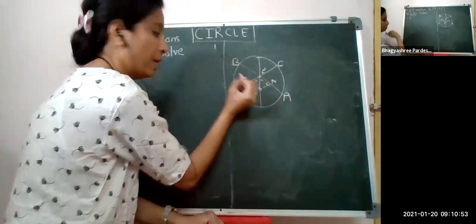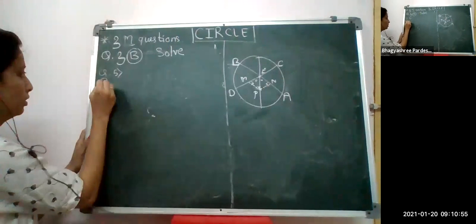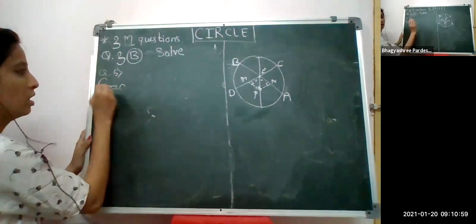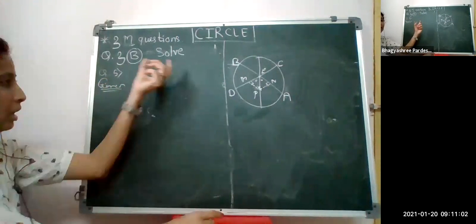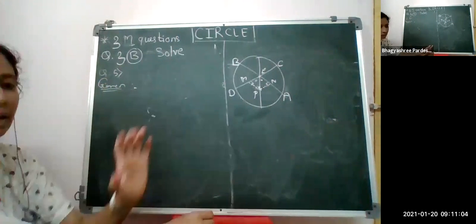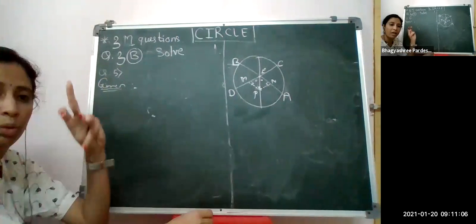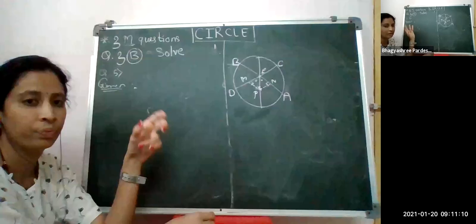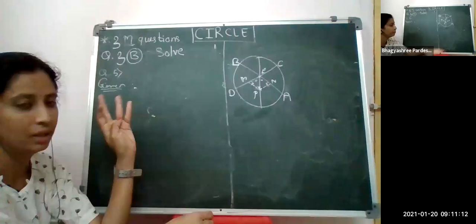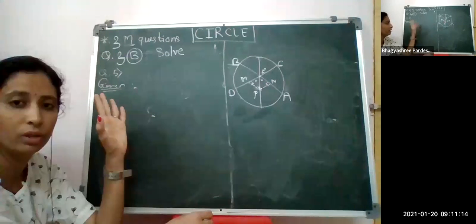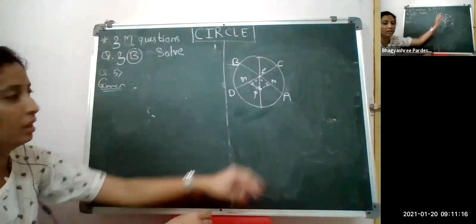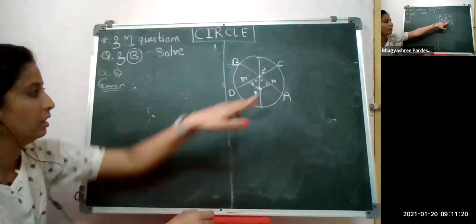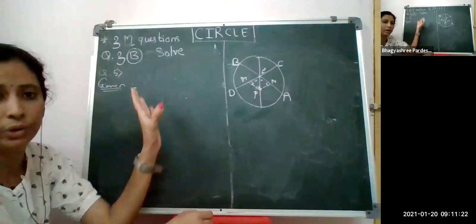I'm writing the given also here. One more thing about the given: write in your own language always. No need to learn this or remember this. The question was given to you, and from that question only we have to write the given. So what do you write? Given: circle with center P, AB and CD are chords intersecting at point E. Then these two angles are equal. The question we have written as it is.